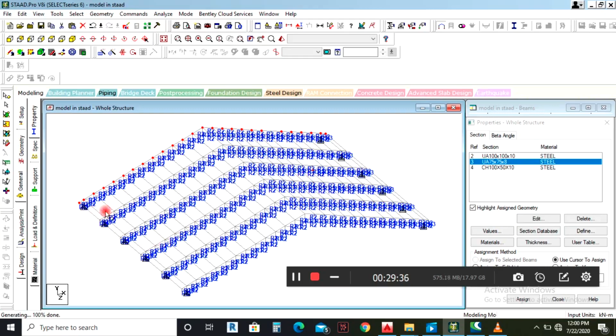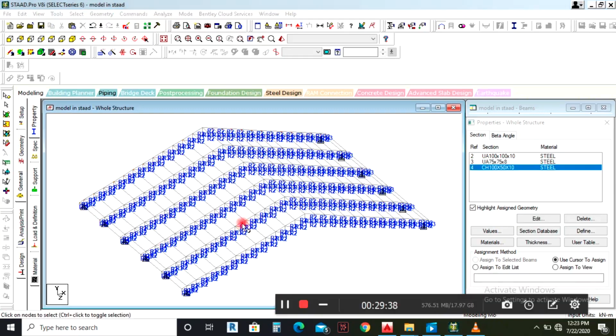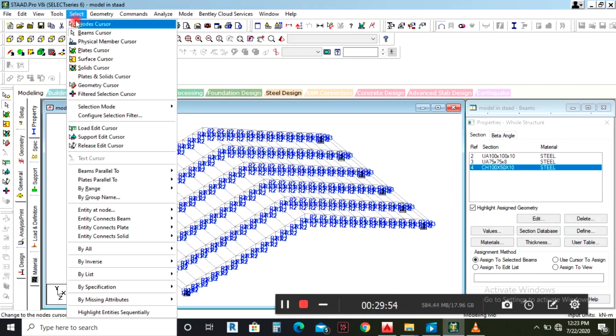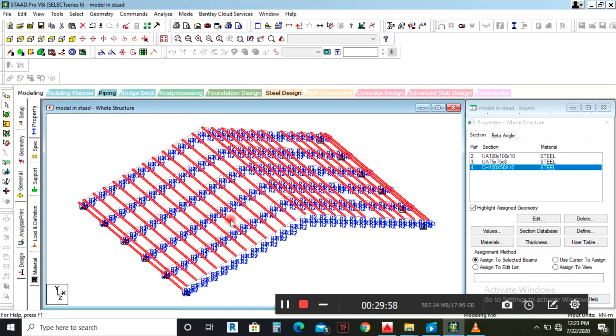Alright. So now let us assign properties to our polylines. So there are 2 ways of selecting these polylines. They're the only ones that we haven't assigned anything to, so we can just say assign by missing attributes. We say property, we have selected it. Or another way that we can select it is by